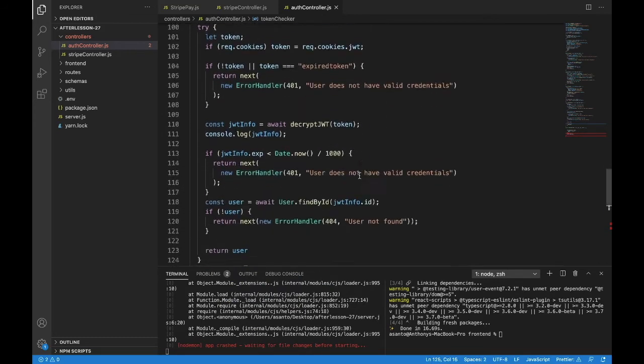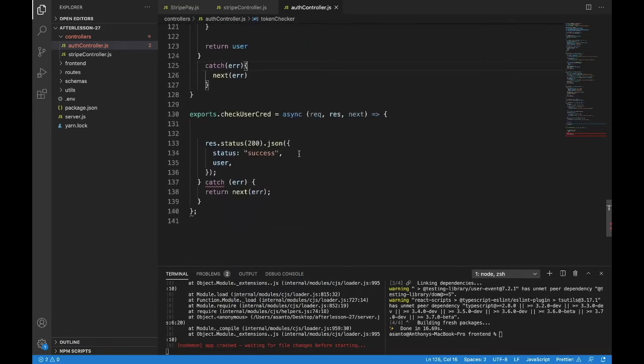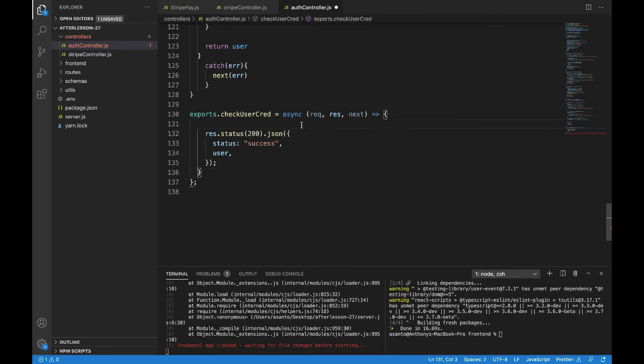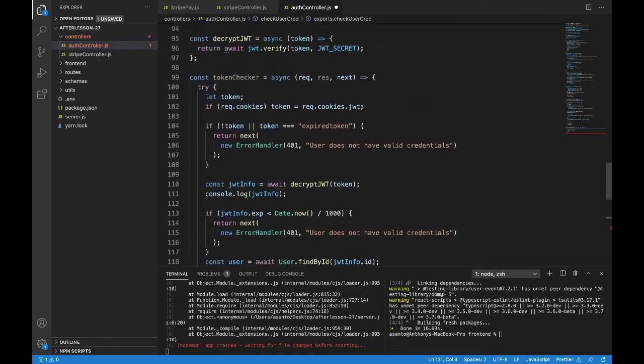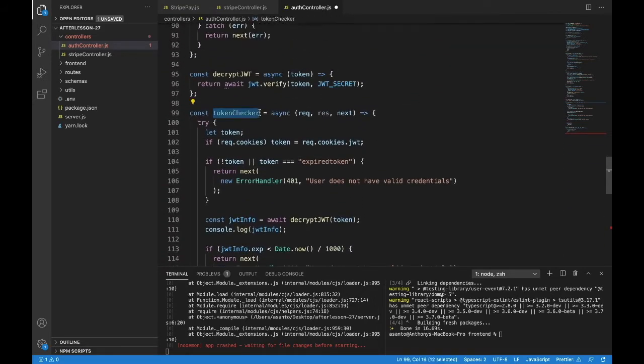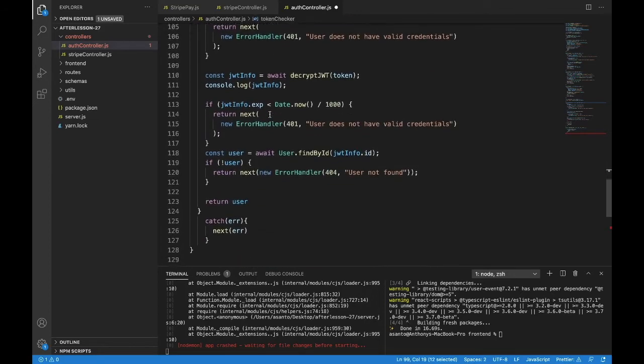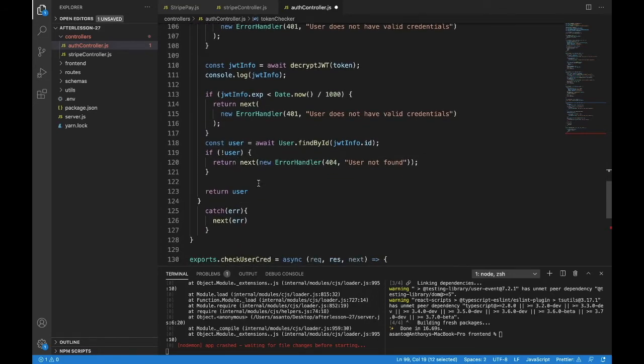So this refactor is almost finished. We'll head down here to check user cred, and we'll get rid of the catch. We no longer need that. We'll be doing no try above it. All we'll be doing is, let me head up to what we called it, token checker. Okay, so I'm going to grab token checker, and I'm going to have down here,